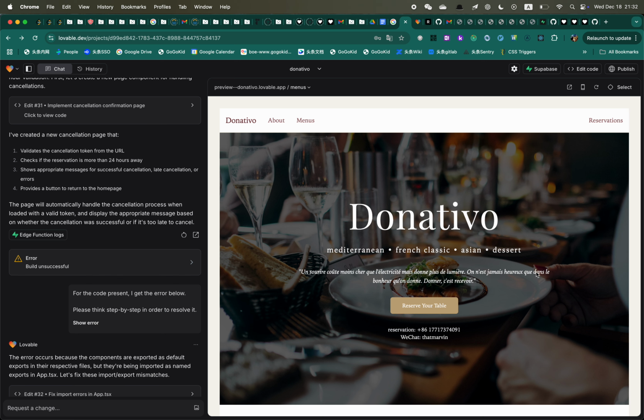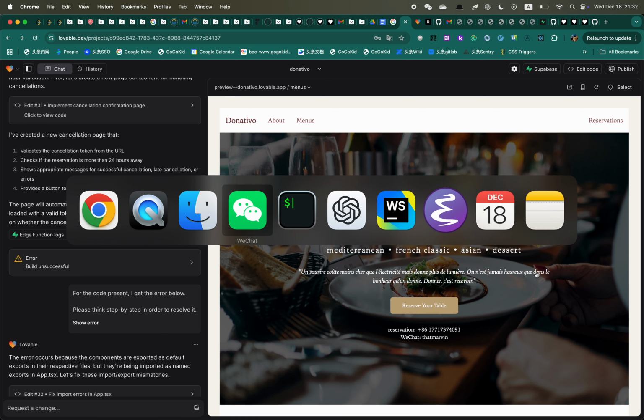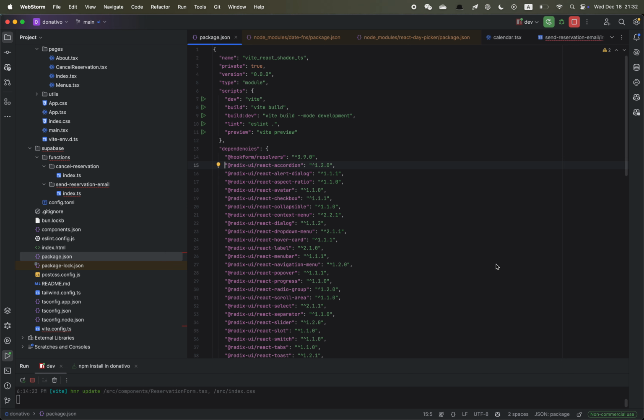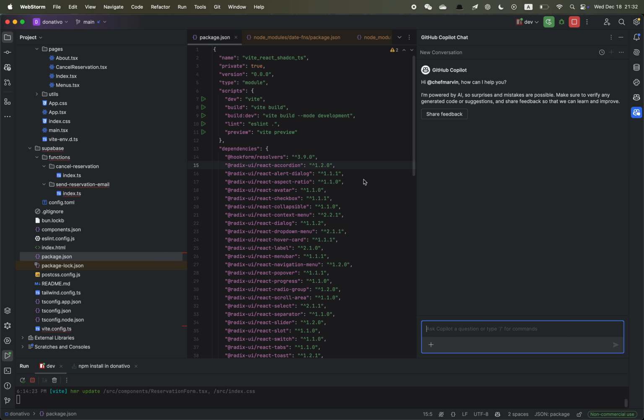I know it can, but if I build this application using AI, I will use the IDE and also the Copilot here. I will write the code and ask the Copilot.